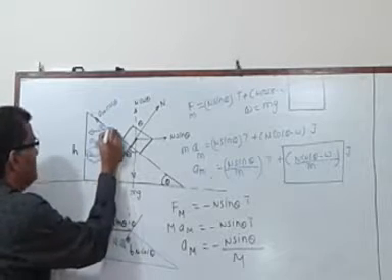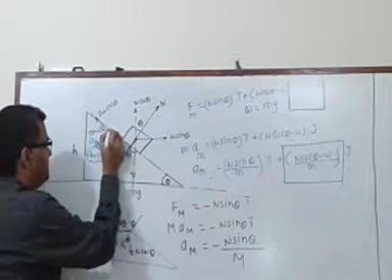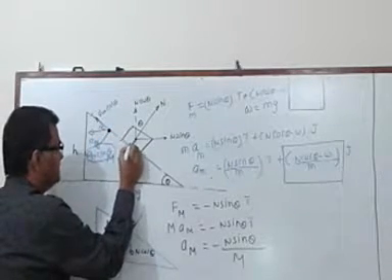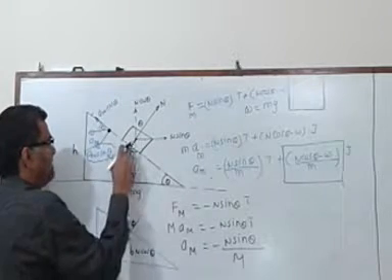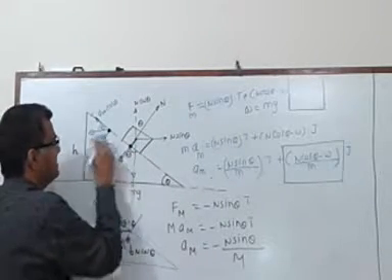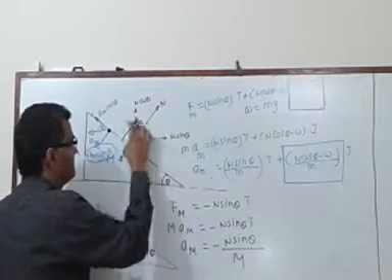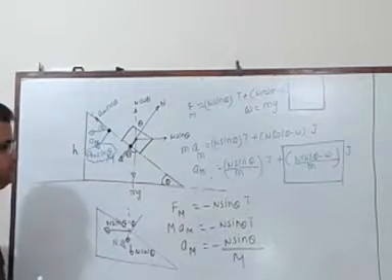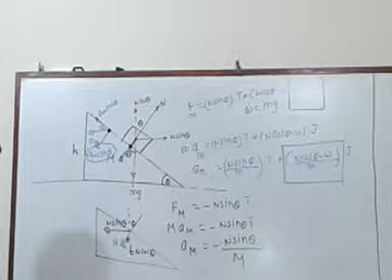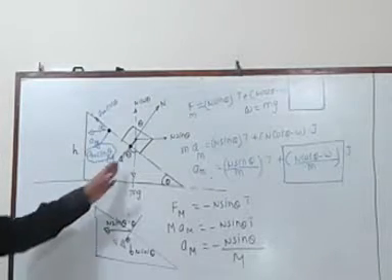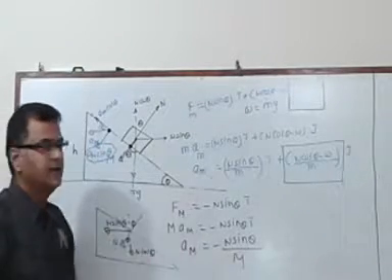Maybe you will be able to understand it in a better way if you consider this point situated over here, and you can understand that both these accelerations will be the same because the point is always in contact with this block. So let us try to understand this concept and let us convert it into an equation.